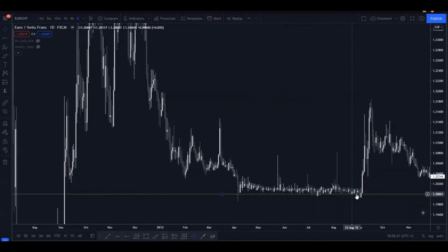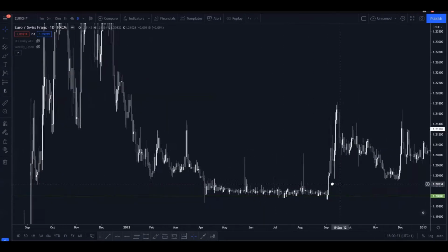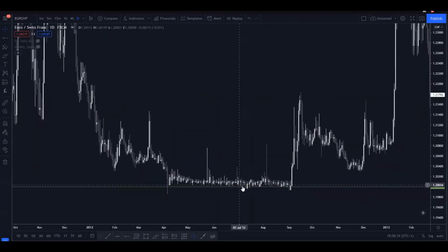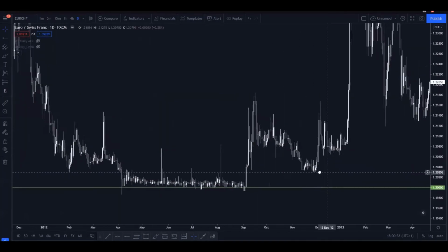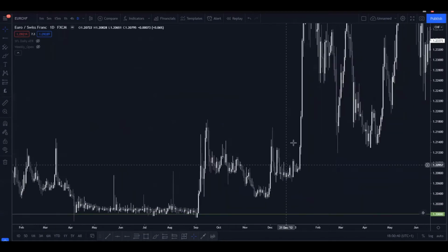So yeah, that's one thing. If you didn't even know this was happening, you'd have no idea why the market's doing this. You might enter the market and go long, yet keep getting stopped out either way, because you just don't know what the Swiss National Bank is doing. And so from September 2012, the market was just allowed to do what it's doing, and it traded up.